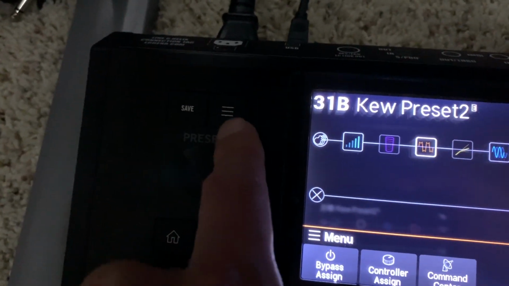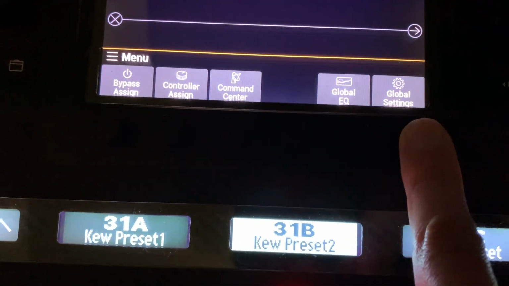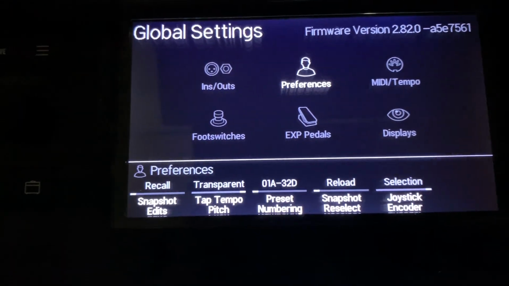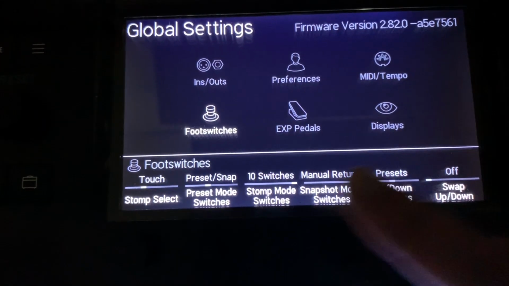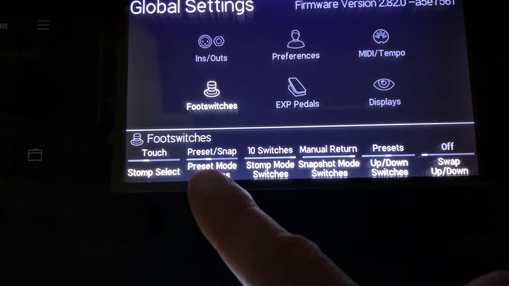So what we're going to do is press this little button with the three lines, the hamburger menu, come in here, go into the global settings, and while we're in the global settings, you see we have all these different categories you can choose from. We want to go to foot switches, and down here on foot switches, you can see I have mine set